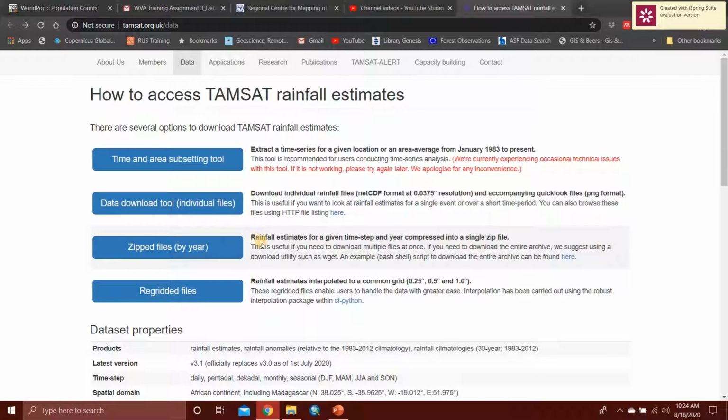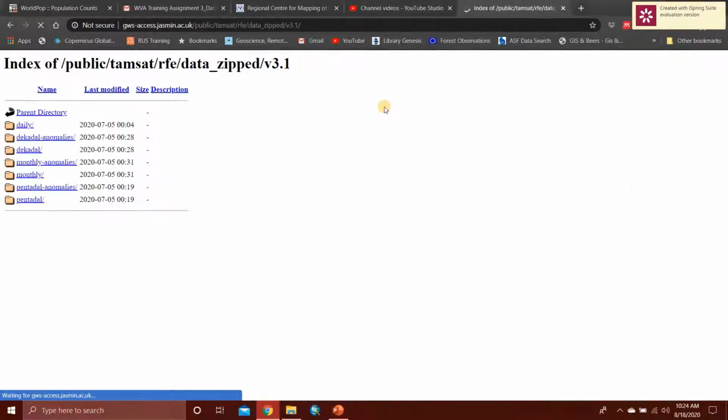So you can pick that if you want a netcdf file, and then you can convert it to maybe GeoTIFF or so forth. Or if you can only work with netcdf, that's also fine. So when you click on the zipped file, it opens this FTP directory,